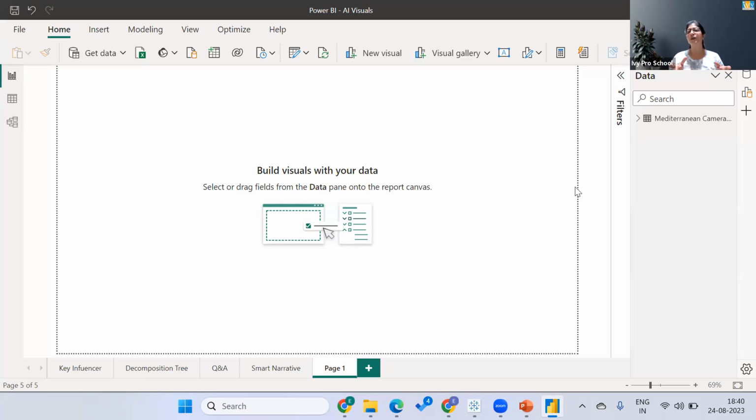So all these things which were a little complex for us, or more human and experience dependent, now we have these AI visuals in Power BI which can help us reduce our work and arrive at a better insight, a better outcome,